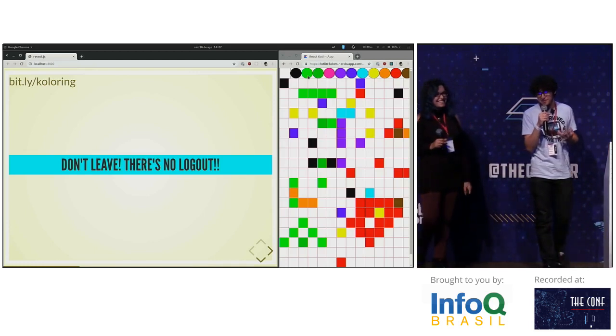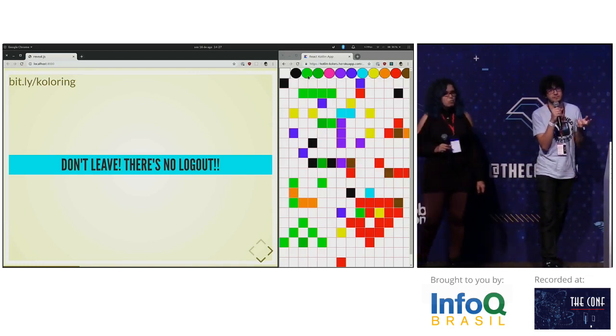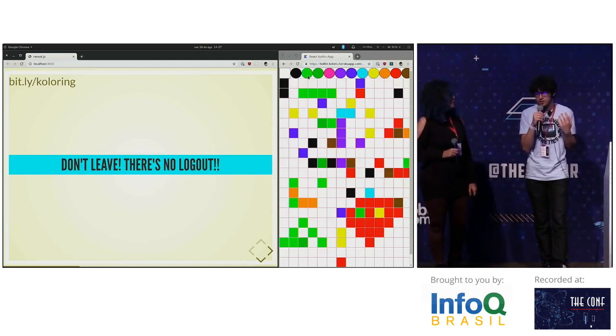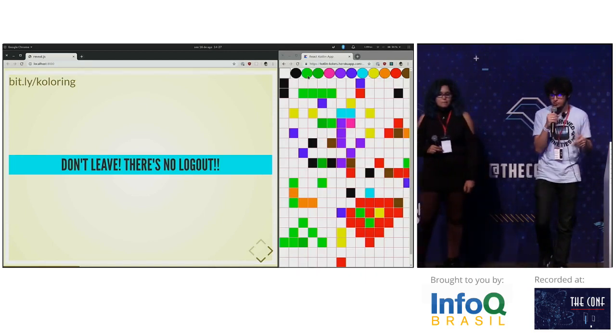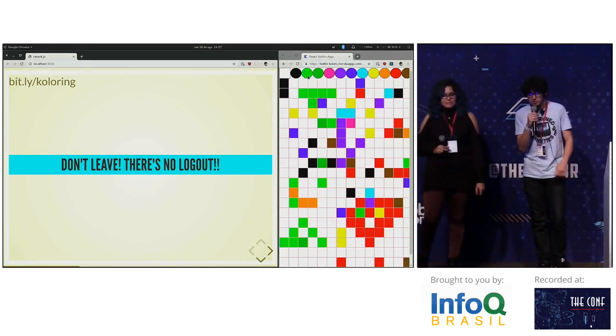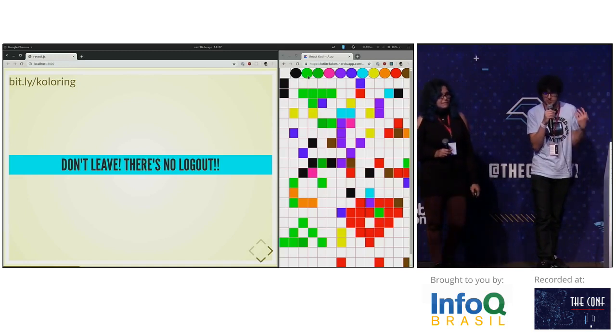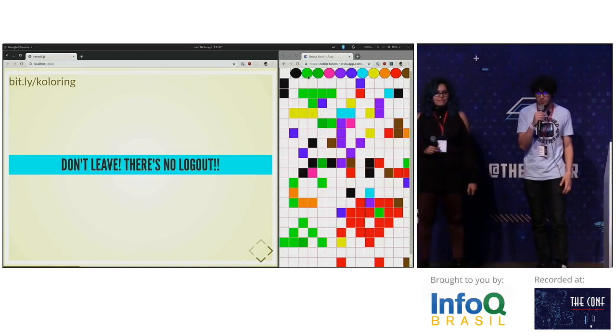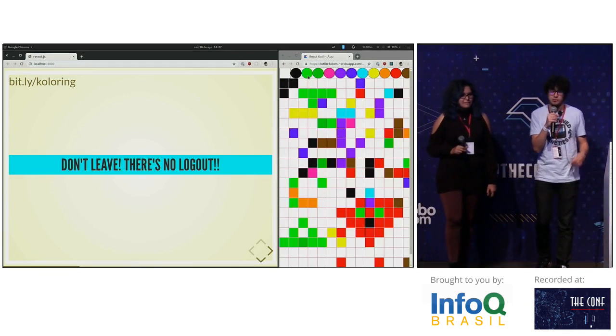We didn't have time to implement, not just the time, but we didn't have a good idea to make it faster for everyone to use, so we didn't implement logout. If you want to log out or change your username or something like that, that's not even showing in the app, you just clear the cookies off your browser. We know that you can do that.